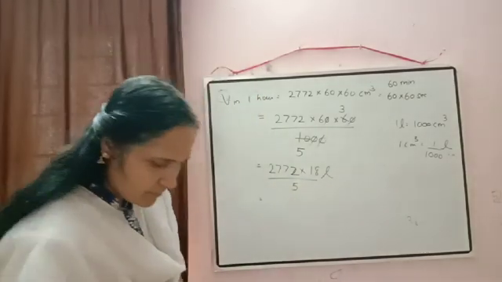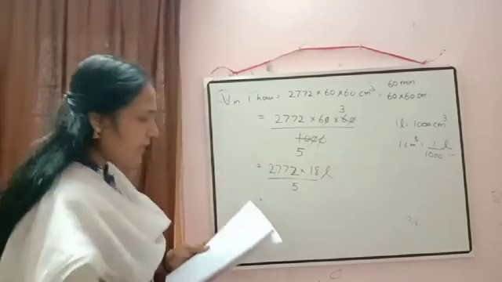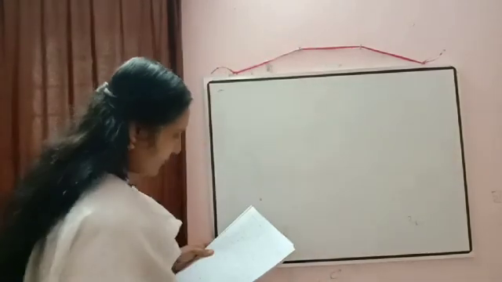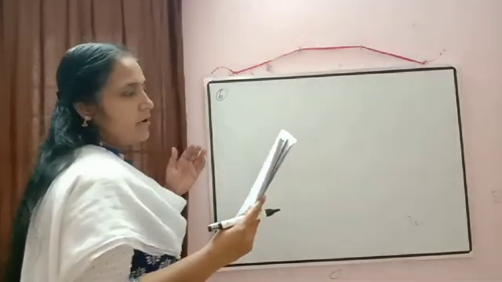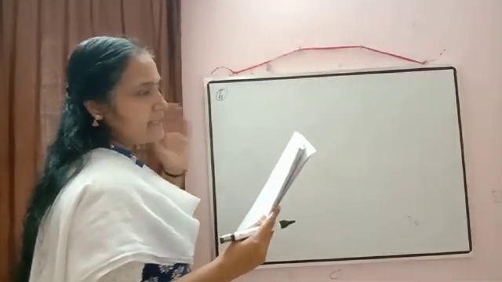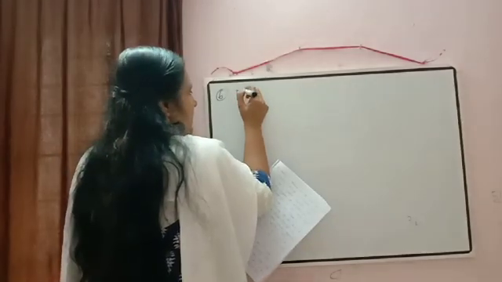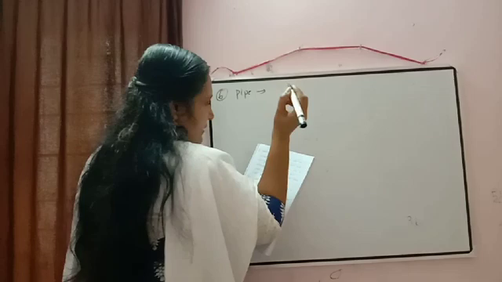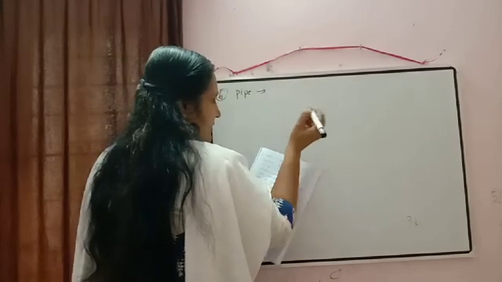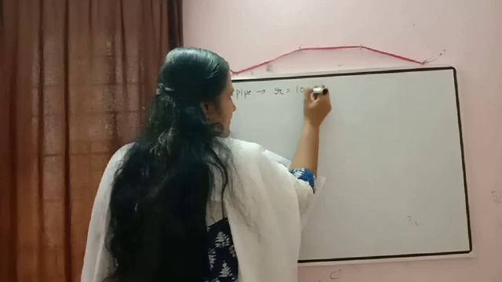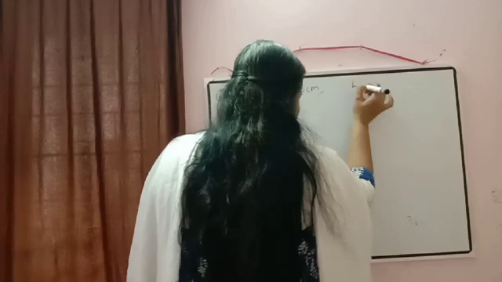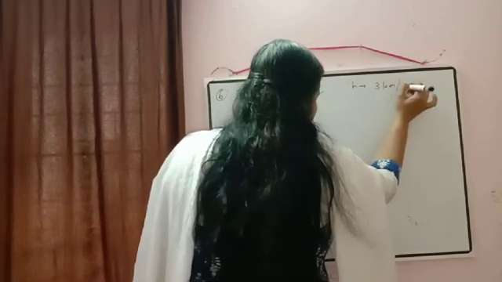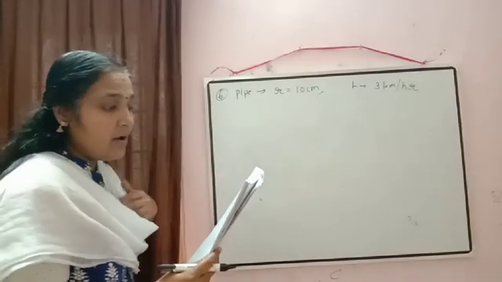Okay. Now next question is, water is flowing at the rate of 3 km per hour through a circular pipe of internal diameter 20 centimeters. So first just check here, for the pipe, what is the information given? Radius is equal to 10 centimeter, correct? Radius is equal to 10 centimeter and height is given, is flowing at the rate of, so height you can write here 3 kilometer per hour. So that is the distance covered in 1 hour.